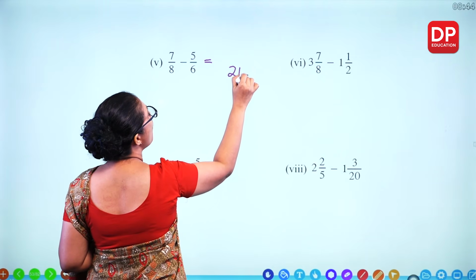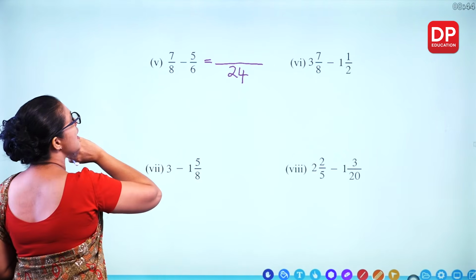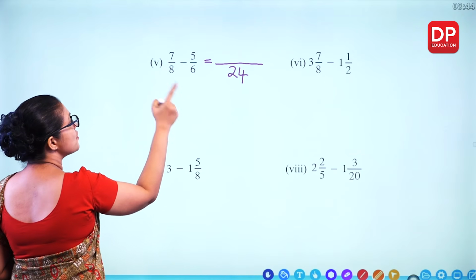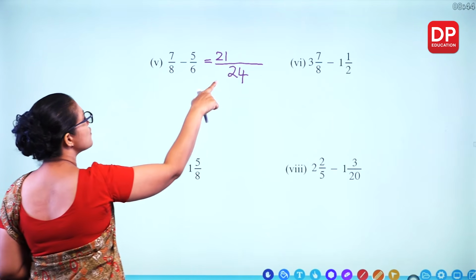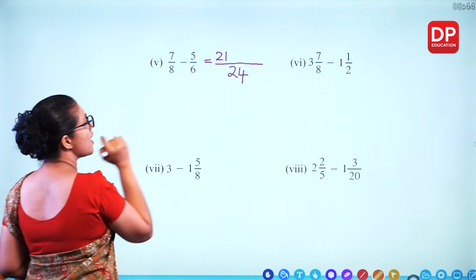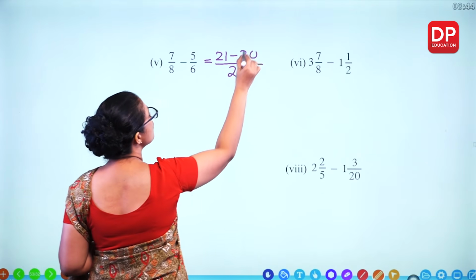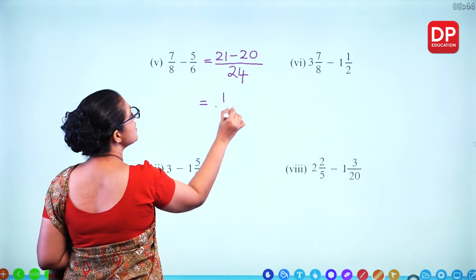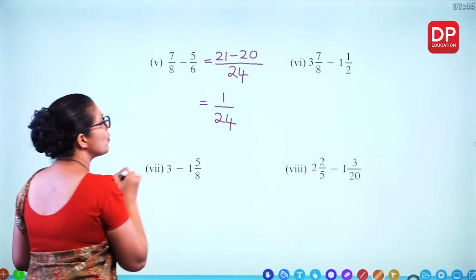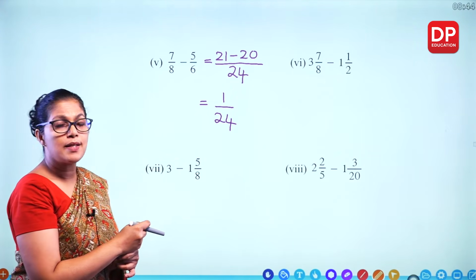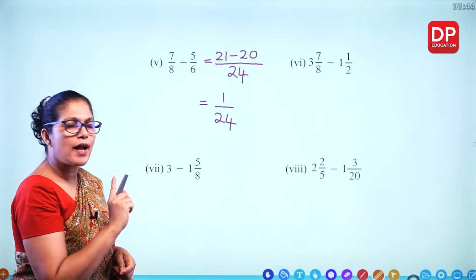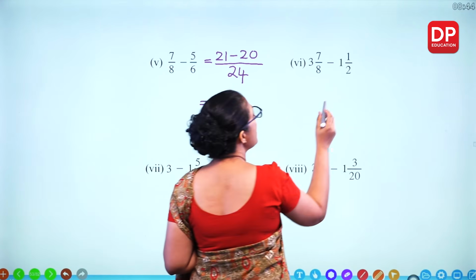24. Convert. 6 times 8 times 3. 3 times 7, 21. 6 times 4, 24. 4 times 5, 20. So 21 minus 20 is 1. So 1 over 24. Now mixed number subtraction. You can subtract the whole numbers. 3 minus 1,